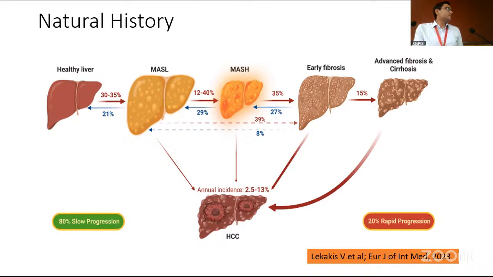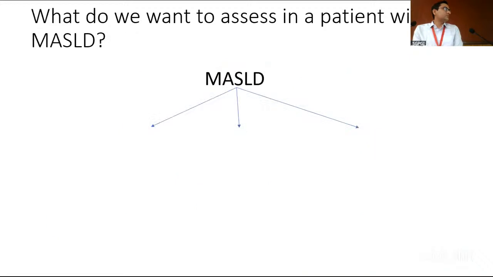disease, he can progress from steatotic liver to MASH to cirrhosis to decompensated cirrhosis and HCC. Hence, we need to identify these patients with fibrosis and cirrhosis so that we can undertake any intervention which halts or at least slows the progression of disease from steatotic liver disease to MASH to frank cirrhosis.